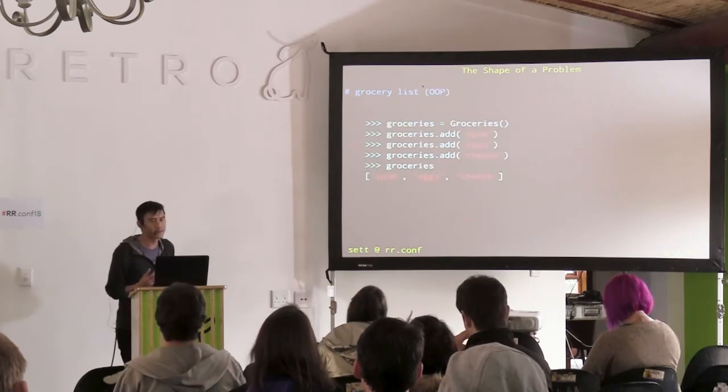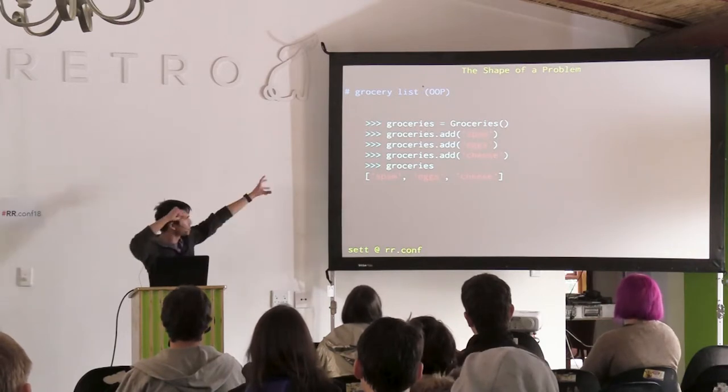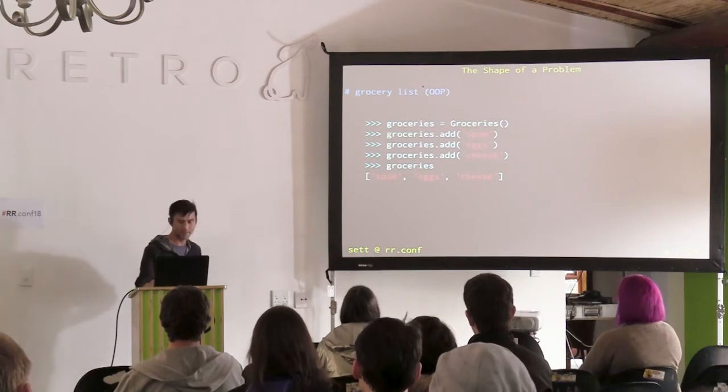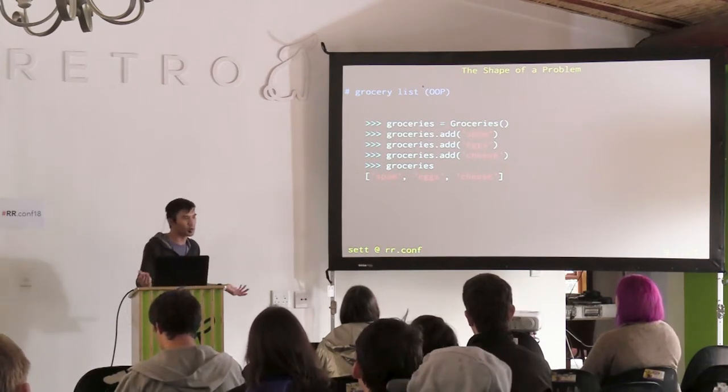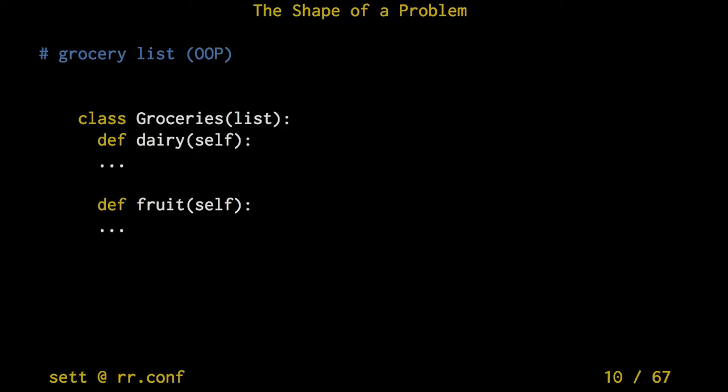And that's the nice thing about object orientation, that you now have this sort of black box approach, and you can have your groceries defined there, and you add your items one by one. And this list is logically equivalent to your grocery list, right? Some additional things that we get from object orientation is you can now add whatever kind of interface or other APIs that you want to this black box. And say we wanted to query dairy or fruits from the object itself, then you can. And you can build on that.